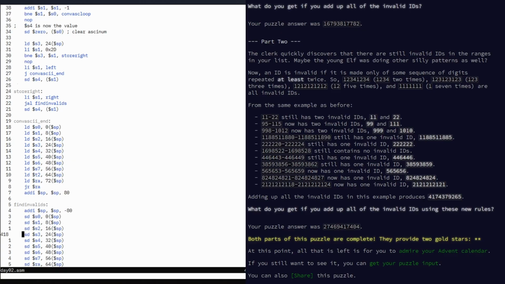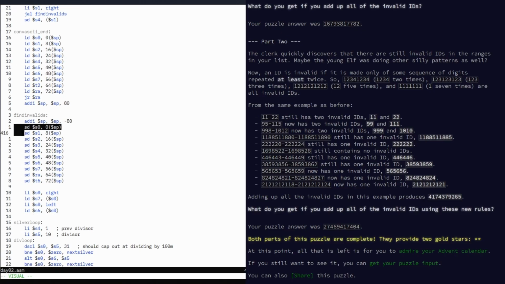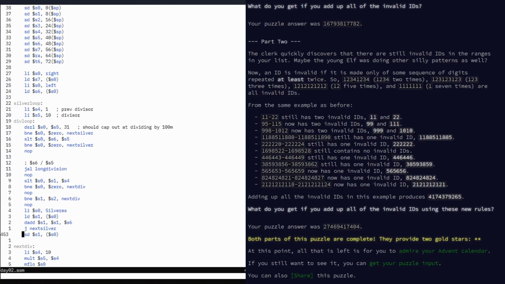So the rest of this is the find invalids part, right? So we go in here, backing up a lot of these again. We've got these two values, the left and the right of the inputs, and we've got this silver loop here. Essentially, what I'm doing here, my dumb solution for this is that you can